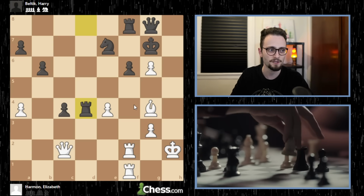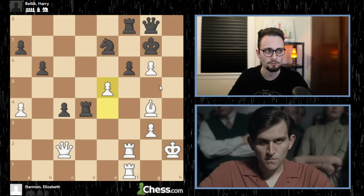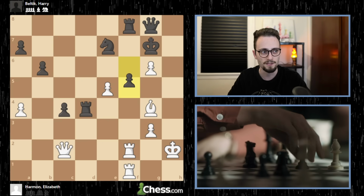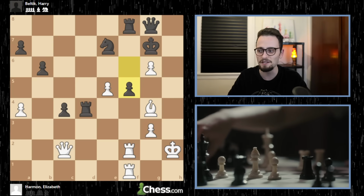Harry pensively plays rook takes d4 with music on this time. Beth responds with a central break, e5. You can't take because you're going to lose your rook. Harry thinks a little bit and plays the move f5. At this point, Beth snatches that pawn,